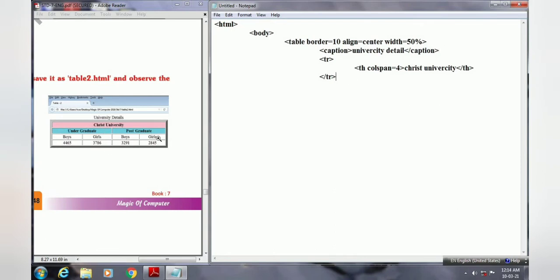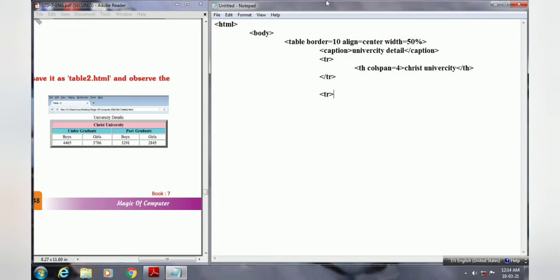Now here we have used the closing tr tag to close the first row. Now it's time to create the second row. So again, the second time, we need to use the tr tag. So I am pressing Enter two times to give the space here. Then with the tab key you just come there and again open the tr tag.